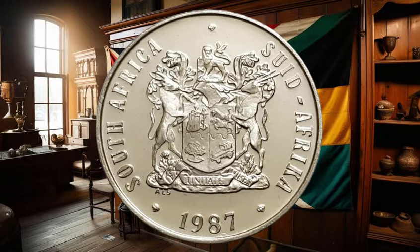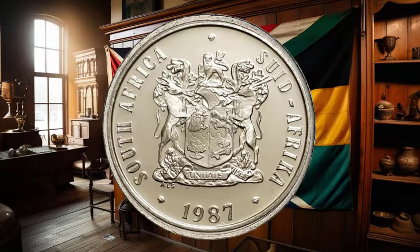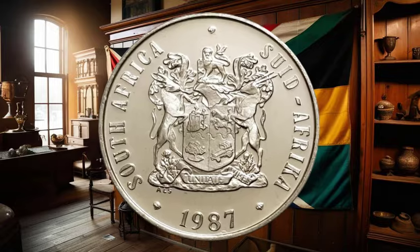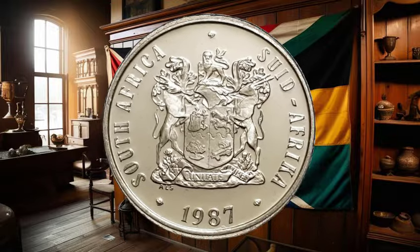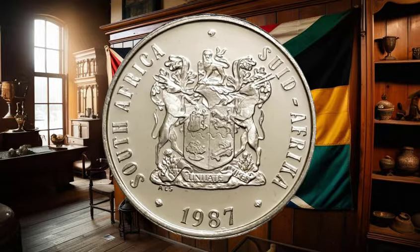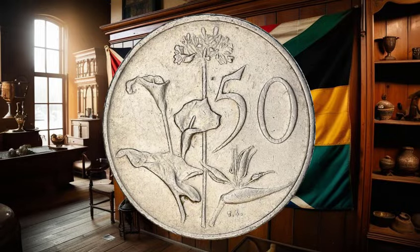The craftsmanship is precise, and anyone who knows coins can tell you, small imperfections or unusual marks can suddenly transform an everyday coin into something worth a fortune. Think about it. In coin collecting, the devil is always in the details. One scratch, one off-center minting, one unusual shine can make a coin go from a few dollars to thousands. And the 50 cents 1987 is one of those coins where collectors are constantly hunting for anomalies, special editions, or coins in perfect condition. Even those of us who aren't professional numismatists can appreciate the elegance and rarity that make